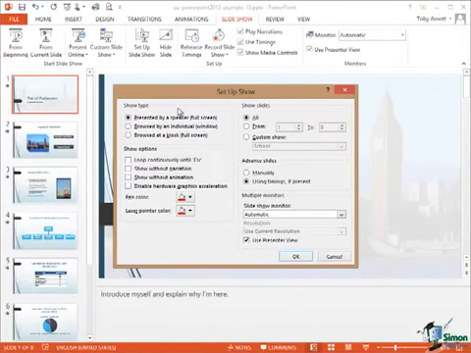Now, first of all, in the top left, the show type. Is it presented by a speaker in full screen? Is it browsed by an individual in a window? Or is it browsed at a kiosk in full screen? Now, these are very different